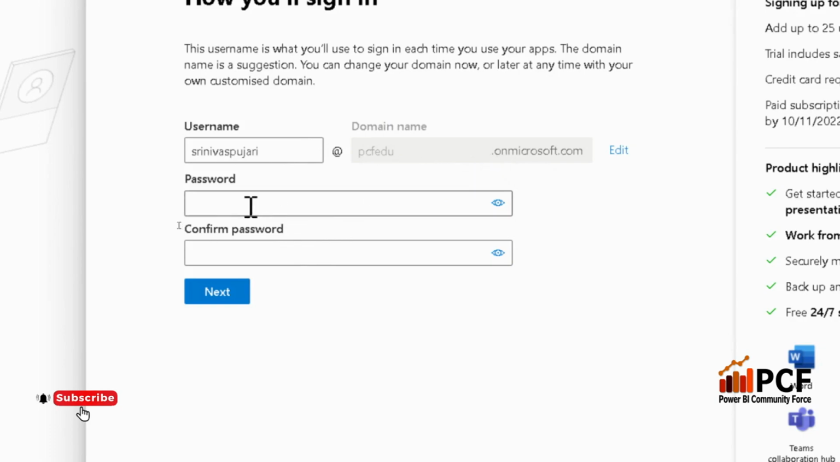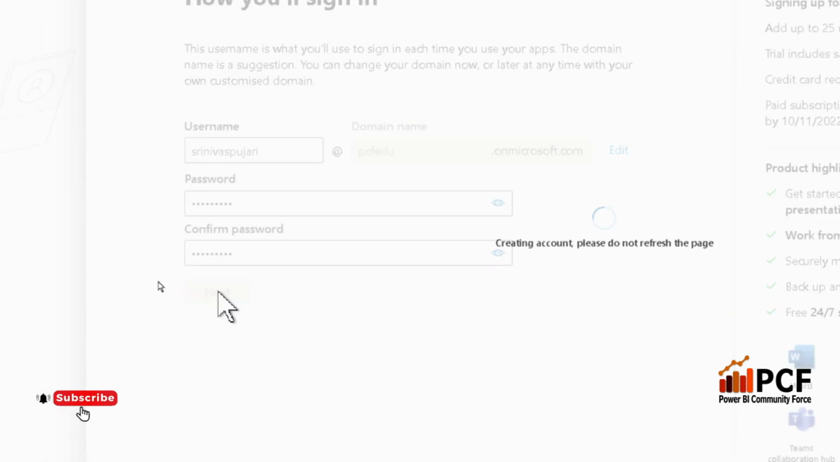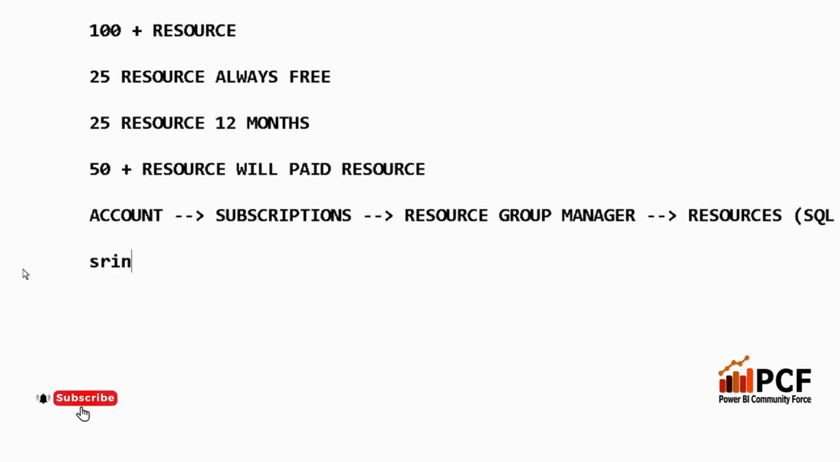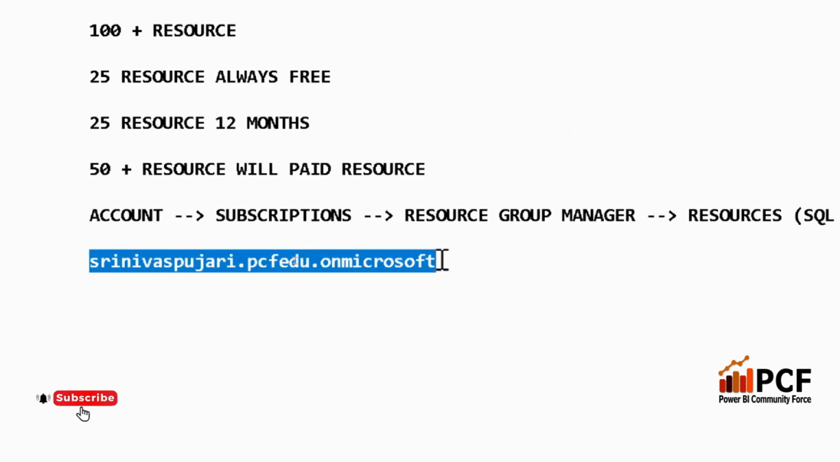And then I will set up the password. You can set up the password like this and then click next. So it will create the account. It will create the email ID on Microsoft.com. The account I have created is Srinivas Pujari dot PCF EUD on Microsoft.com. By using this email ID, we will create a